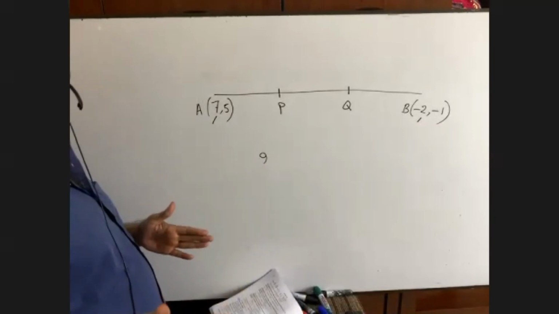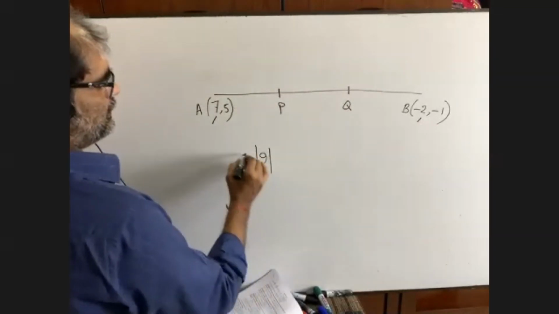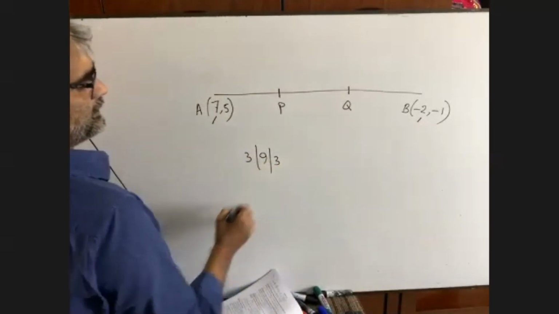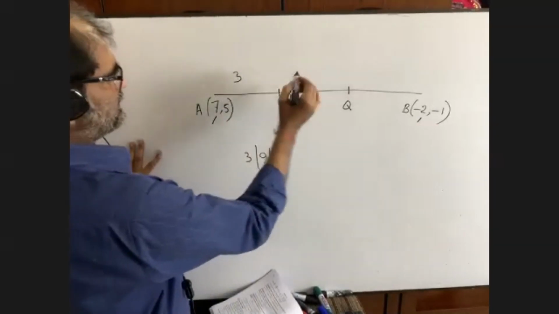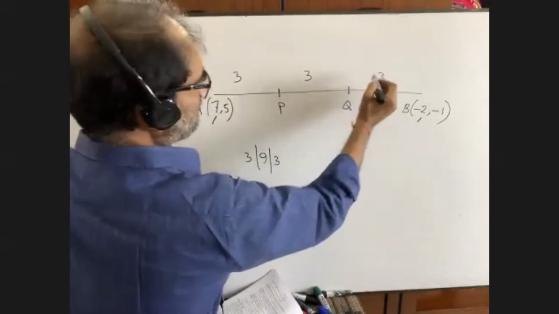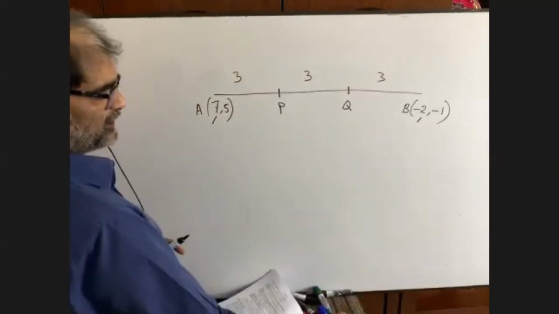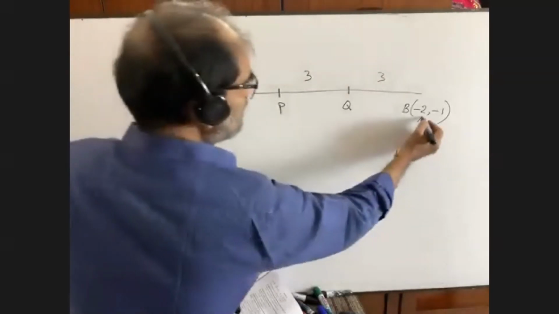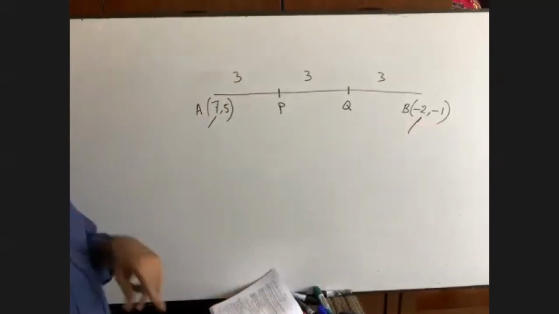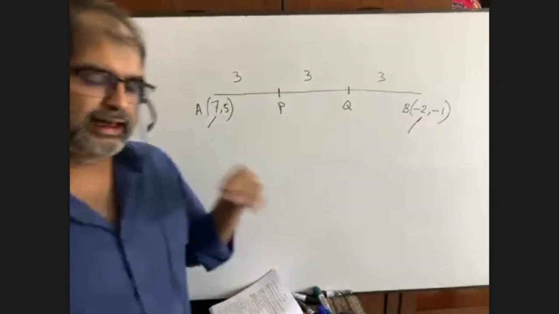So 3 equal parts. So divide it by 3. What will be the answer? 3, right? It is 3, it is 3, it is 3. So math is done. We are done actually. Now you just see the abscissa has been increased or decreased. It is decreased. For previous math, it was increased. Am I right?